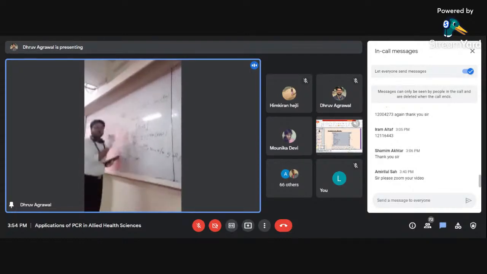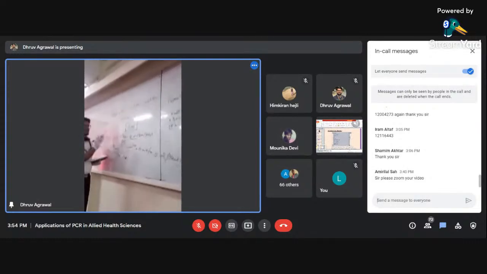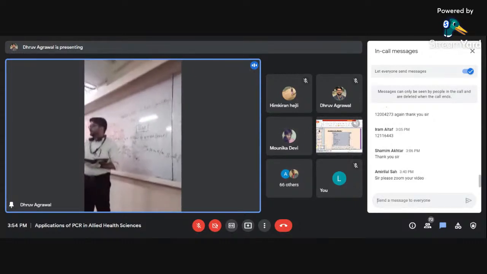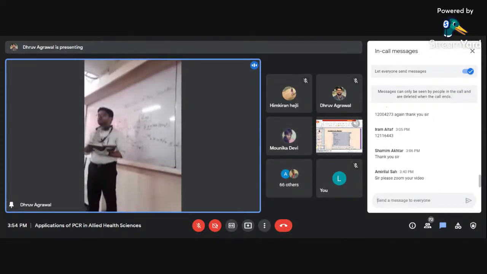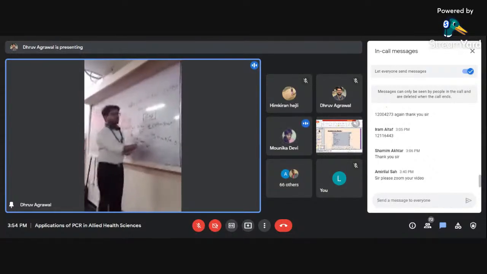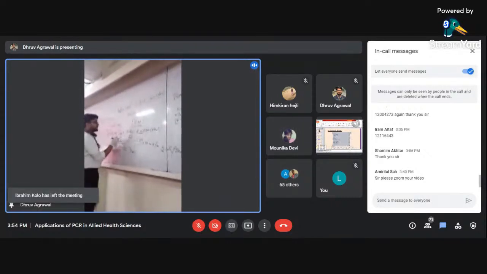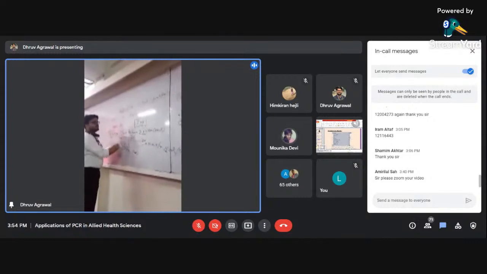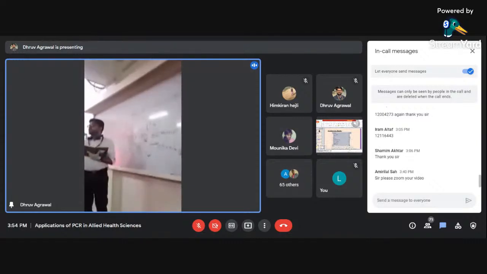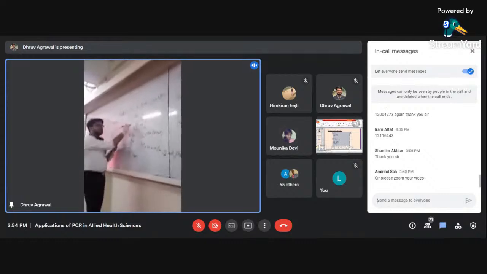And why after calculating all of the components? Because whenever you are performing any PCR reaction the first time, say you have designed a primer and are carrying out the PCR reaction, you will not get the result the first time. So you will have to optimize your PCR reaction by varying the concentration of dNTP or the primer. You can add 1 to 5 microliter, or the Taq, or the template DNA 1 to 5 microliter, or you can reduce the enzyme also. So after each and every optimization for a particular stretch of DNA,